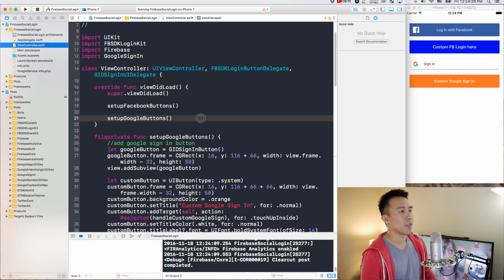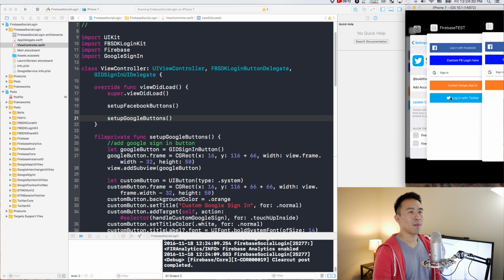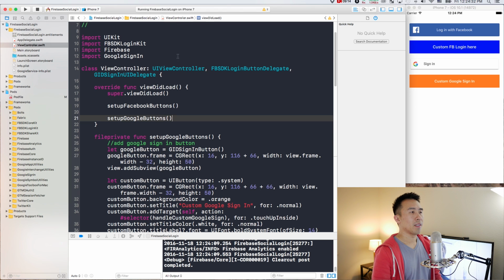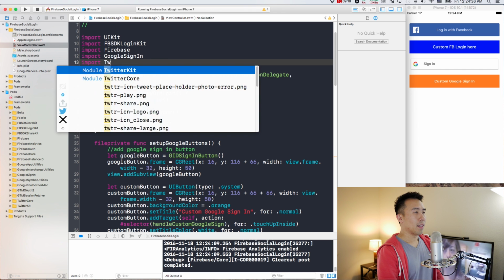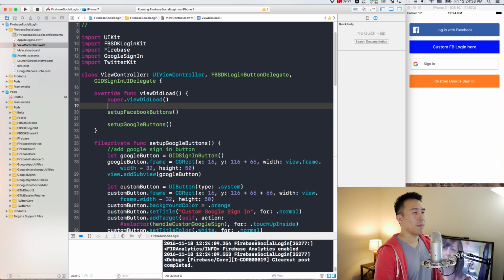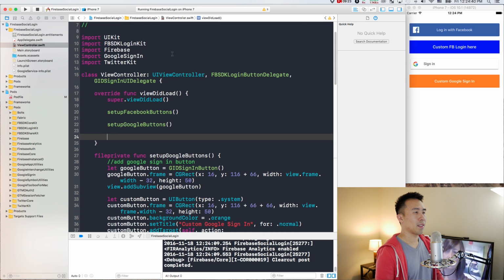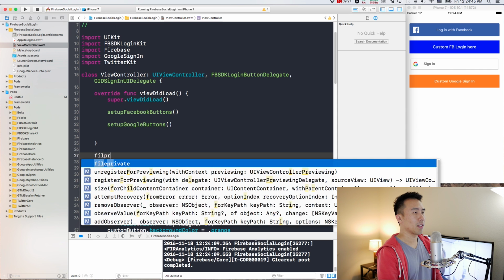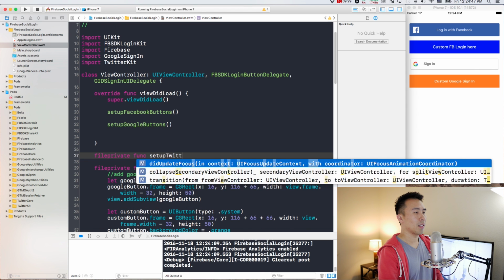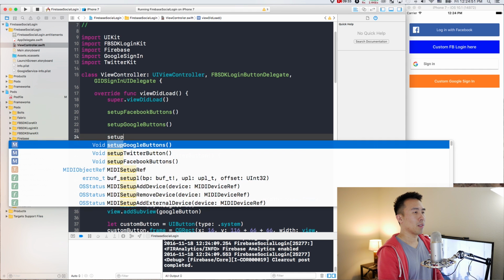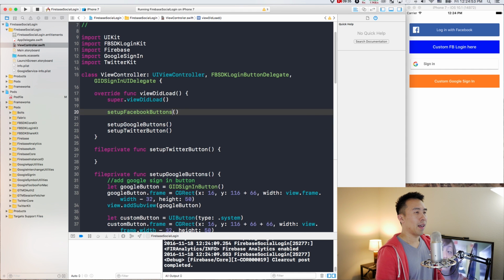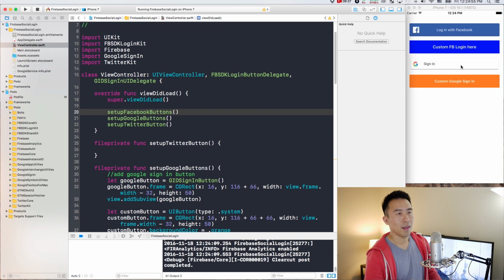So the first thing we want to do is to actually add in this button right here. And it's actually pretty easy if you do this right here. First, you want to import Twitter Kit like that. And right below one of these setup functions right here, I'm just going to create another function that is private called setupTwitterButton. And then right below, we'll say setupTwitterButton as the final function that sets up all of our login